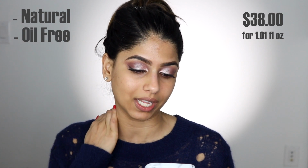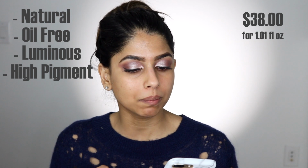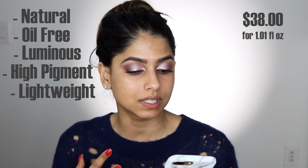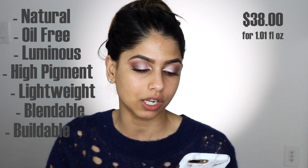So I guess I'm just gonna go ahead and start off. Actually, before I even do that, let me pull up what this foundation is all about and then we'll start the demo. So this says that Stellar Limitless Foundation is a natural looking oil-free foundation that gives you true coverage and luminous finish. This highly pigmented lightweight formula blends and builds effortlessly and reduces the appearance of discoloration